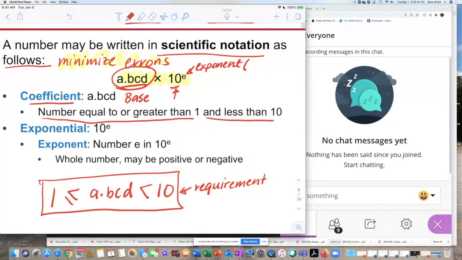The value of e depends on what the original number was. E is negative if the original number was small, so it's negative if the number was less than 1. And it's positive if the number was greater than 1. Okay, so we'll go through rules of how to, well, not really rules, but we'll go through practice